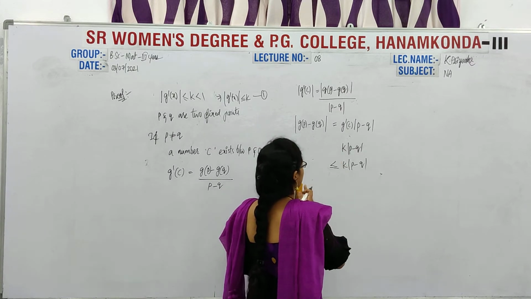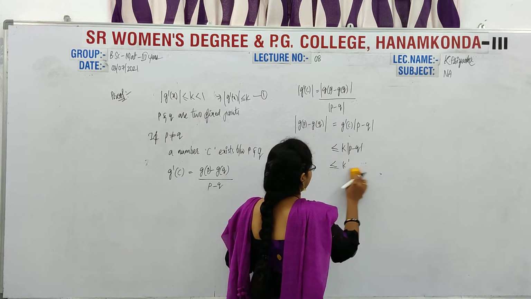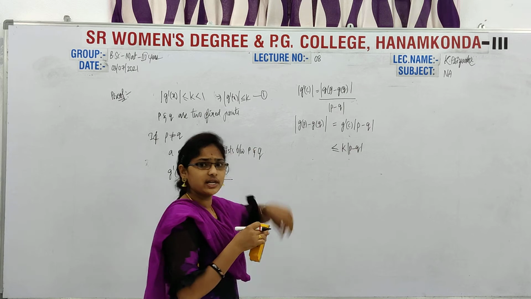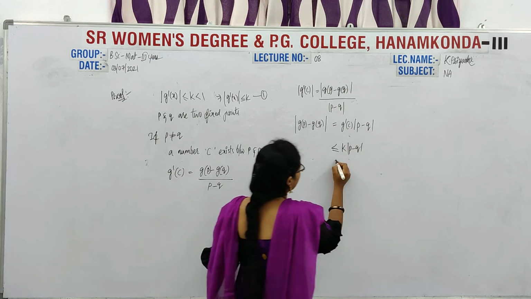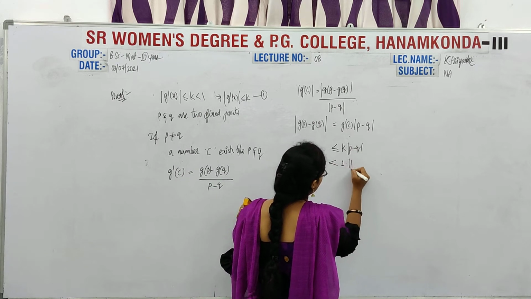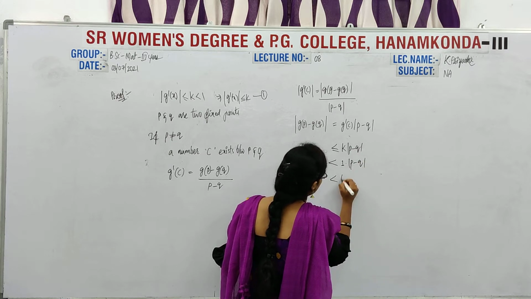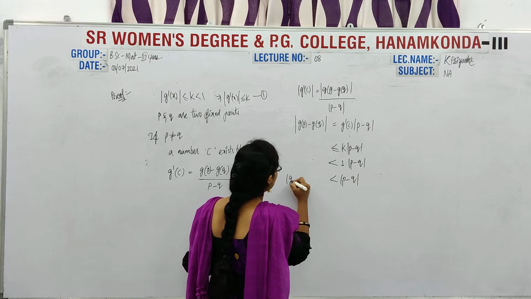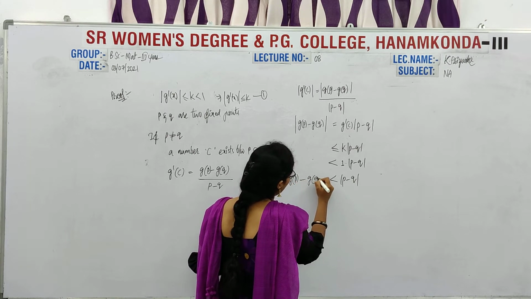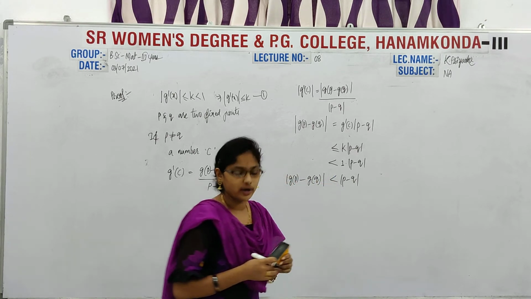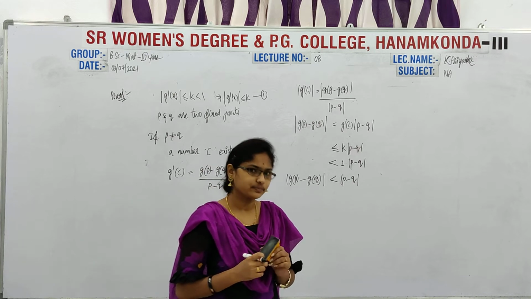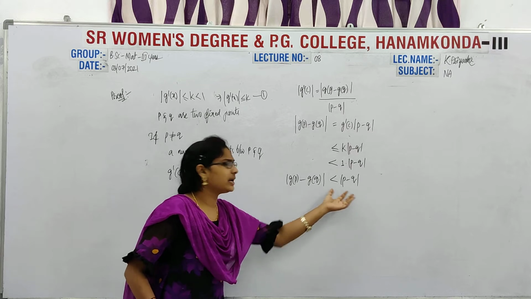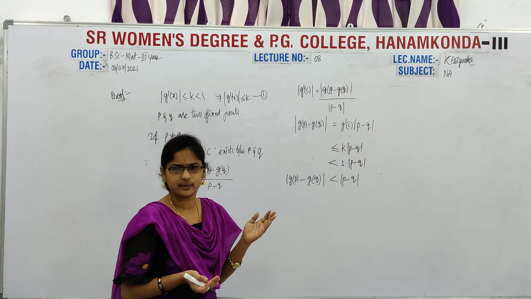Otherwise I will write clearly here. Then no need of this step. So now clearly we know that this k value is strictly less than 1. That's why now less than 1 into modulus of P minus Q, that is less than modulus of P minus Q. Finally what I have is that modulus of G of P minus G of Q is less than modulus of P minus Q. Yes. So by this, if I take this value to this side, here I get that it is less than 1. Right?